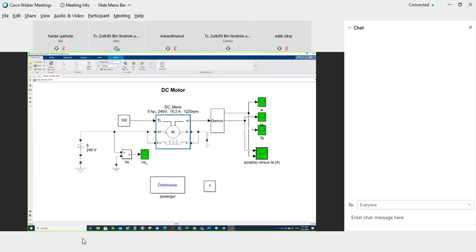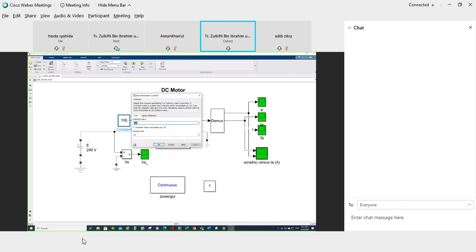This machine yang kita test untuk eksperimen has the power of 5 HP. Voltage dia 240. M dia 16.2 M. 1220 RPM. Okay, so ini adalah rated value dia. So now you have to put in here the rated torque. Apa rated torque? Macam ni equation dia